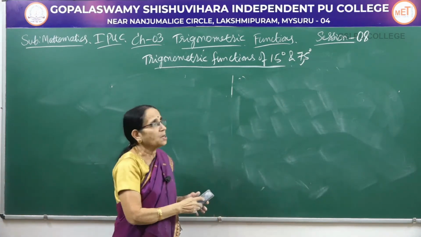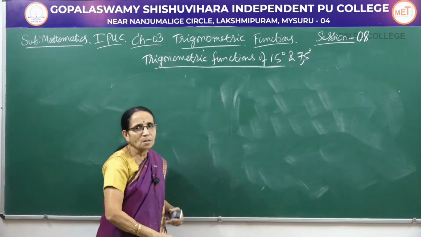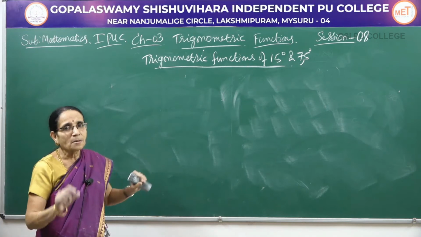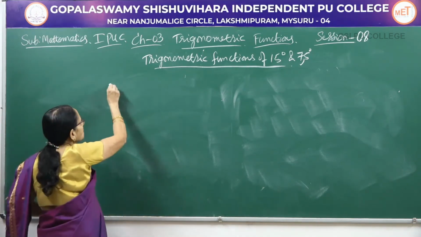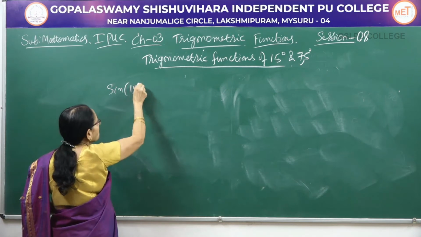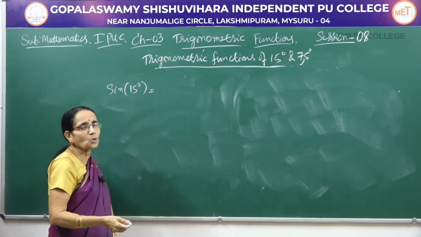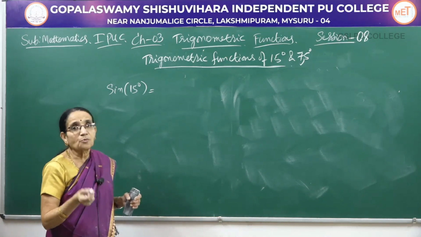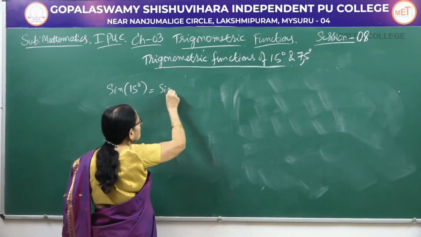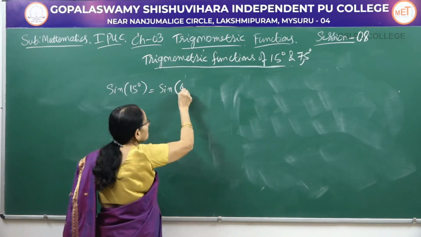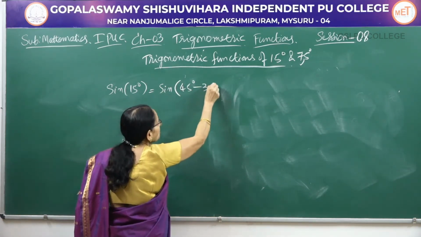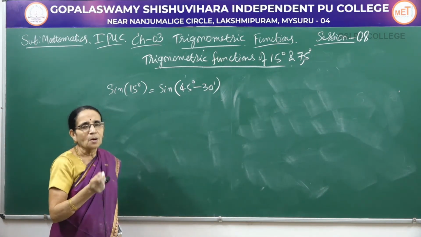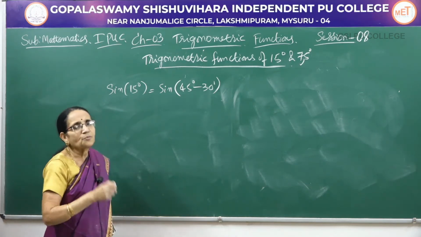Now let us come to 15 degrees. The same type of compound angle, whereas first we made use of sin of x plus y, the sum of the two angles. Now I am considering the angle 15 degrees. See, 75 could be written as 45 plus 30. Now, how could you write 15 here? Because it is a smaller angle, we could write it as a difference of 45 and 30. Isn't it? 45 plus 30 is 75. 45 minus 30 is 15 degrees.